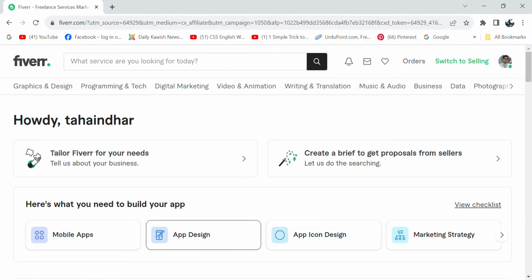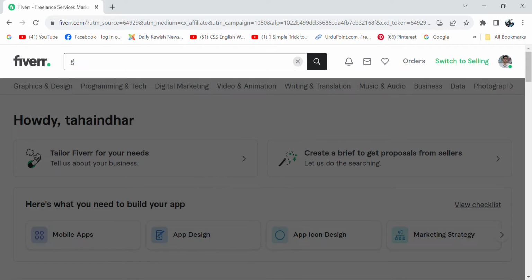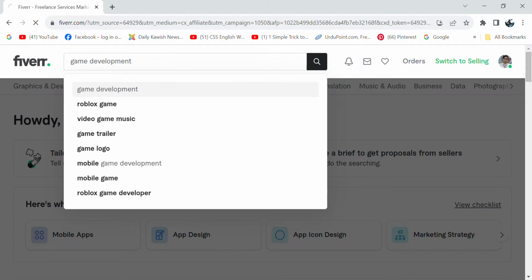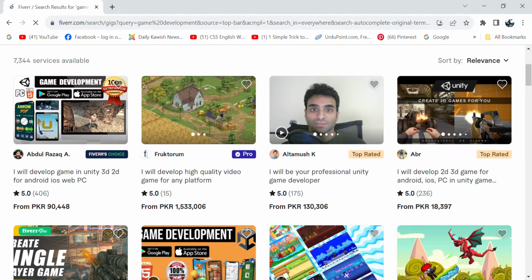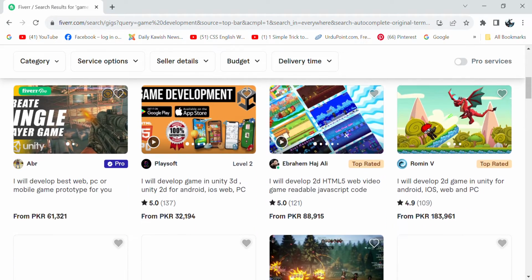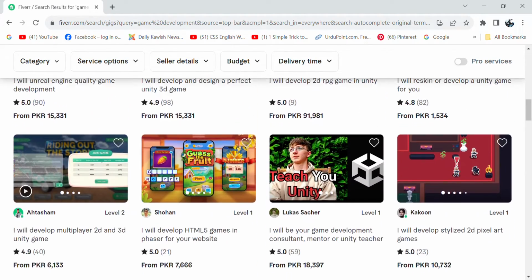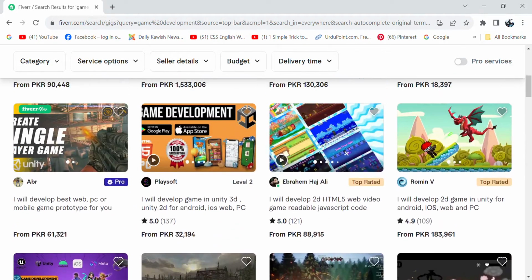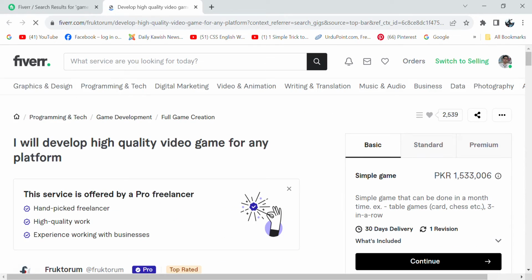and then we will search on the Fiverr search bar about game developer. You can see that it is at the top of the suggestion. So there are a lot of gigs, and the charges are also high, or we can say expensive. So let's check out one of the gigs in the recommendation page.